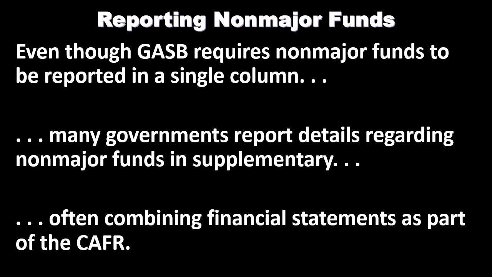The minimum requirements are what are required, but most government organizations actually do prepare the CAFR, and within there, we might provide more detail on the smaller funds in part of the report, and that'll give the reader of the report as much transparency as possible. They can see the major funds, and those interested in the allocation of the minor funds, because of course, groups of people involved in those minor funds are going to be interested, can go into the details of the report and find the information that will be broken out for those more detailed, smaller funds.